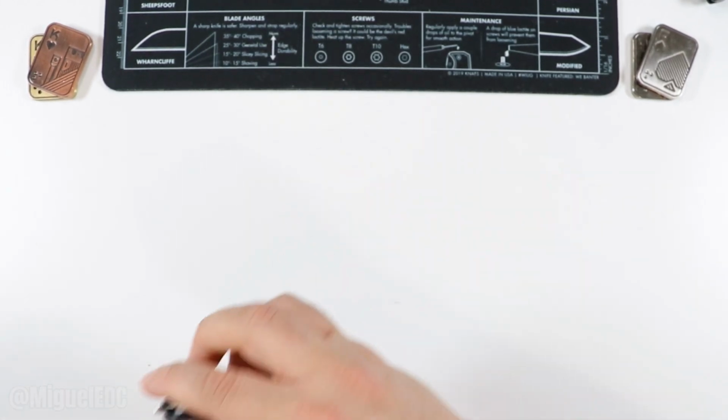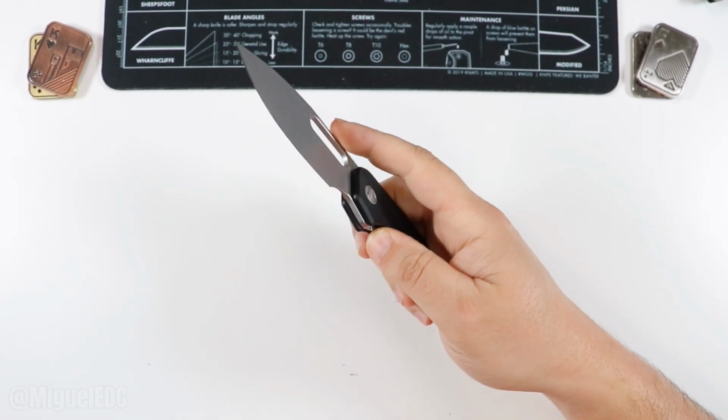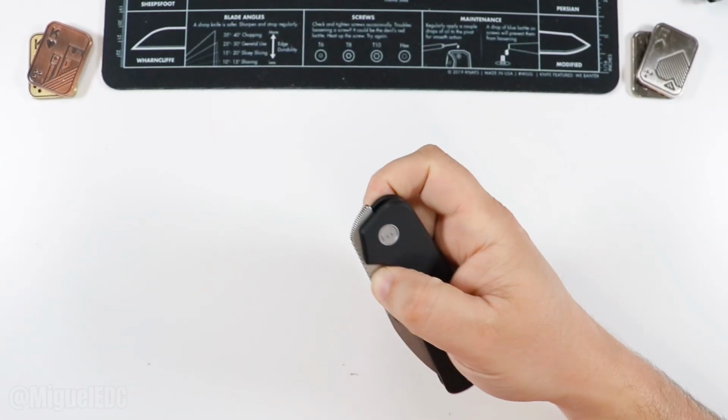All right, so take that, Metal Complex, right? I can flip my knife with my pinky as well. How you like that? Anyways, jokes aside,